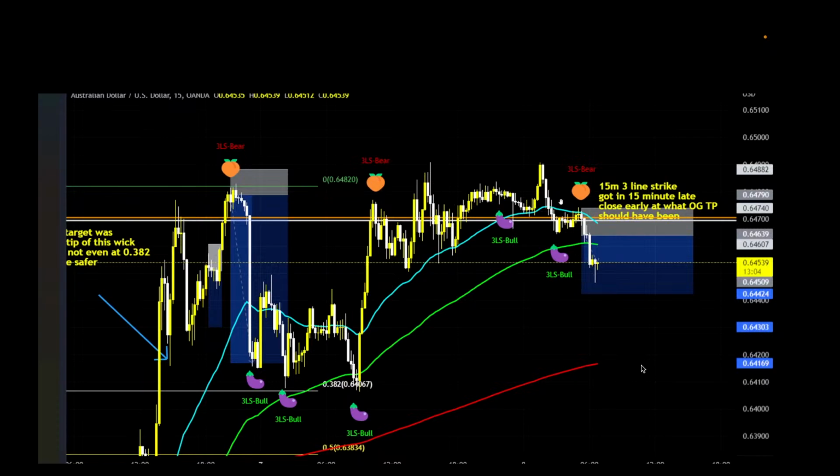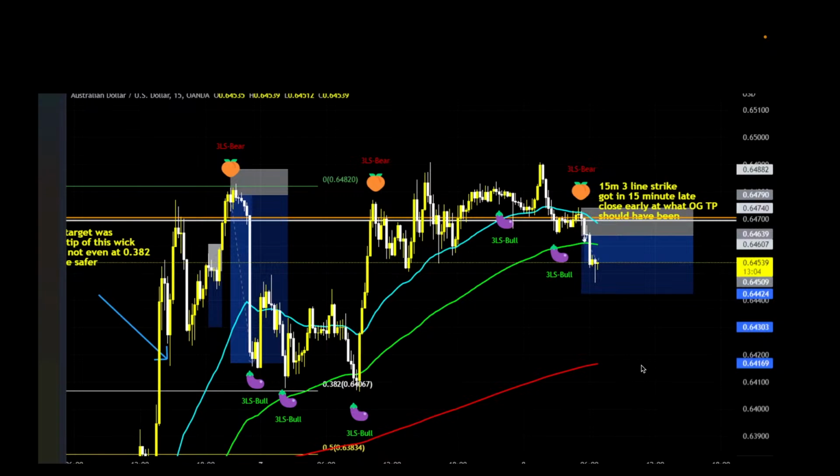Price is not liking this level, so as price started to break through the 21, I figured I can get a nice reversal trade towards the 200 as long as it fits in my 10 pip stop loss and my 20 pip take profit. So we ended up getting a 3-line strike rejection off of the 21 on a 15-minute time frame. I ended up getting in a little bit late because I was in the bathroom at this time,